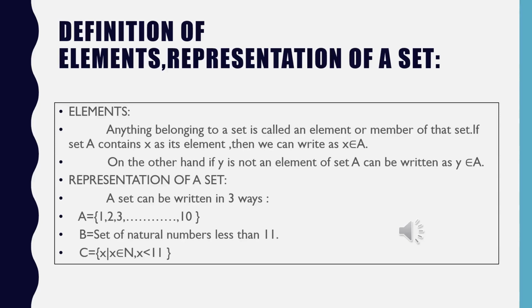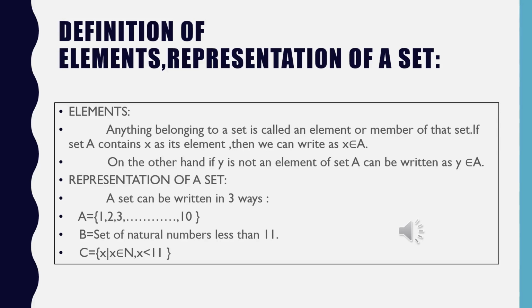Suppose I say x is a natural number, and I write inside the set the elements 1, 2, 3, 4, 5. Now it is countable, so I can say set A consists of 5 elements. If I say x, y, z in set B, then I can easily count 1, 2, 3, and I'll say set B consists of 3 elements, right?